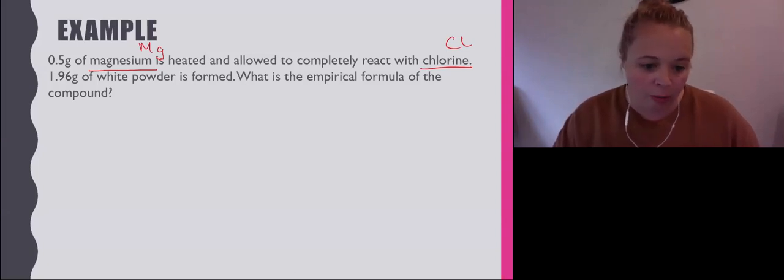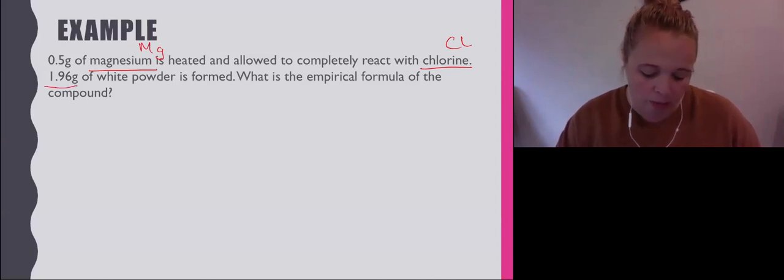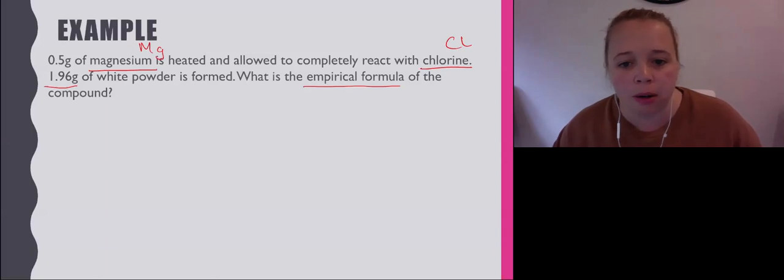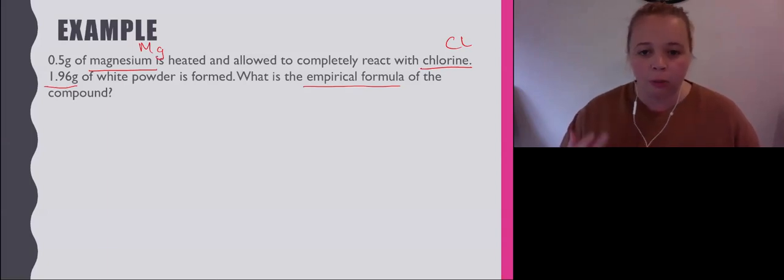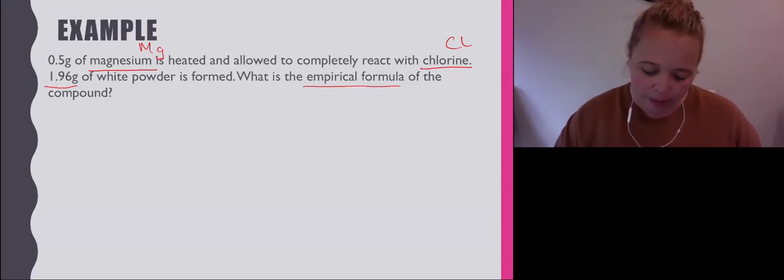And we have 1.96 grams of white powder is formed. And we need to figure out what is the empirical formula. So there's a bit of work that we have to do before we get down there. So the first thing that I'm going to suggest we do, okay, so the question said to us that we